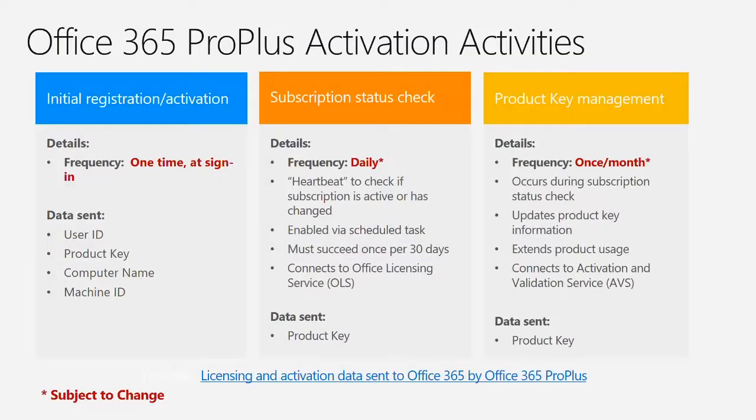The reason for that is it'll check the license, and you have it for a 30-day subscription, basically. It'll continue to check. If it's offline, it just goes, okay, I'll go sleep, and as long as I've checked in within the last 30 days, I'm okay. So that's the difference between your subscription status and this heartbeat. You have a heartbeat that goes once a day and checks, and it has to be successful at least once in every 30 days.